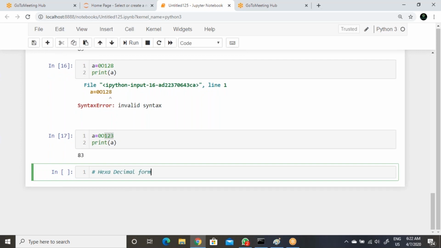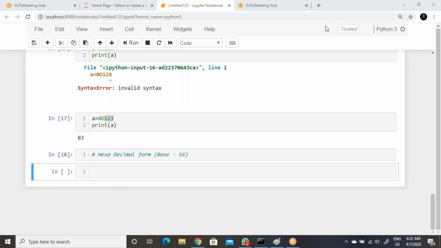You can see digits are allowed from 0 to 9, so that is 10 numbers. Then letters or alphabets are allowed from small a to small f, or capital A to capital F. A to F means 6 values.